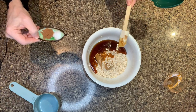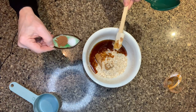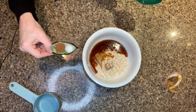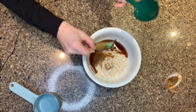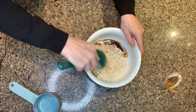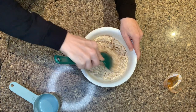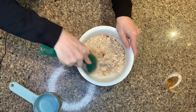So that was 1/4 cup of honey, and also then you will add 1/4 teaspoon of cinnamon and 1/4 teaspoon of salt. I like to not use as much salt, but for something like this that's actually for fueling, I do want the salt when I am on the run, because that helps keep your electrolytes in balance. So you're going to mix this up, and then you're going to transfer it to a food